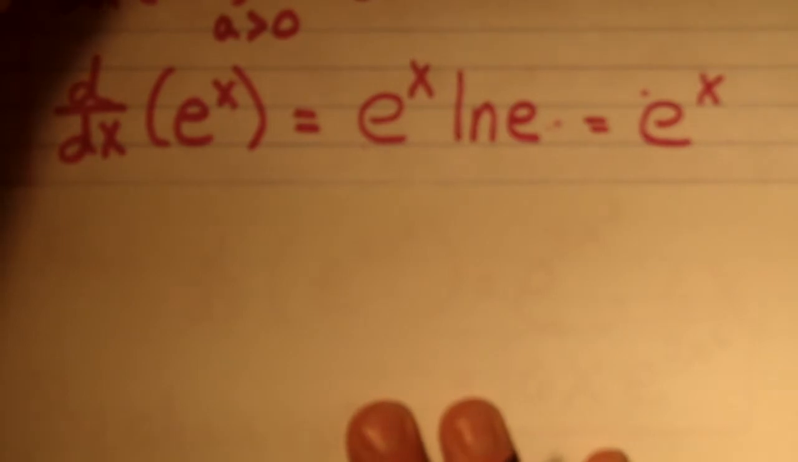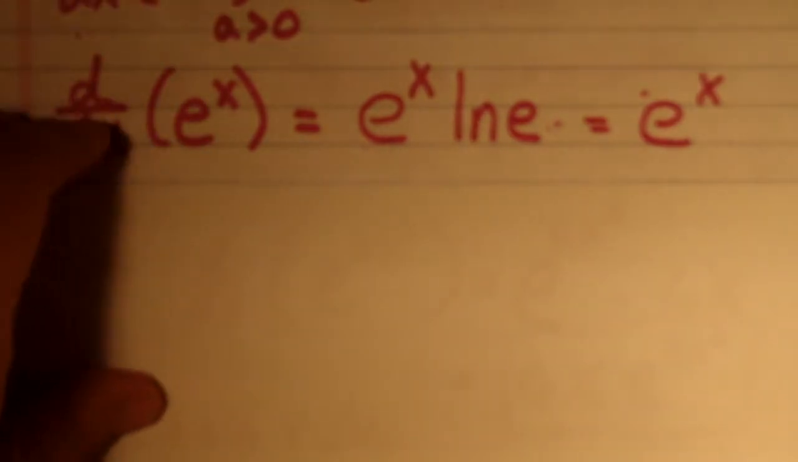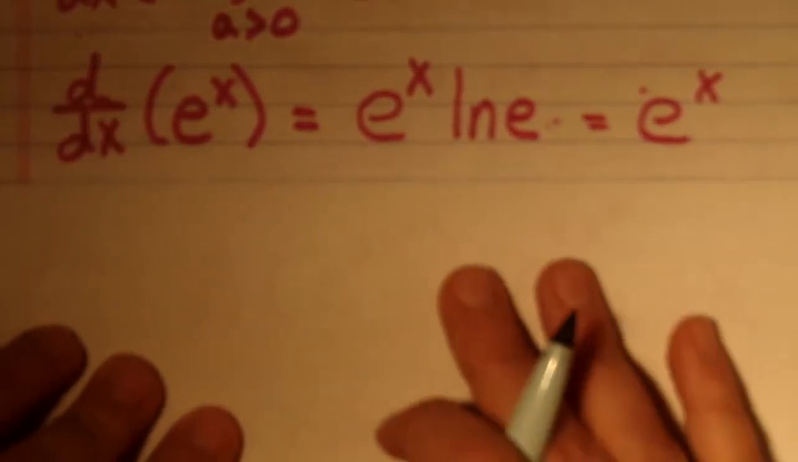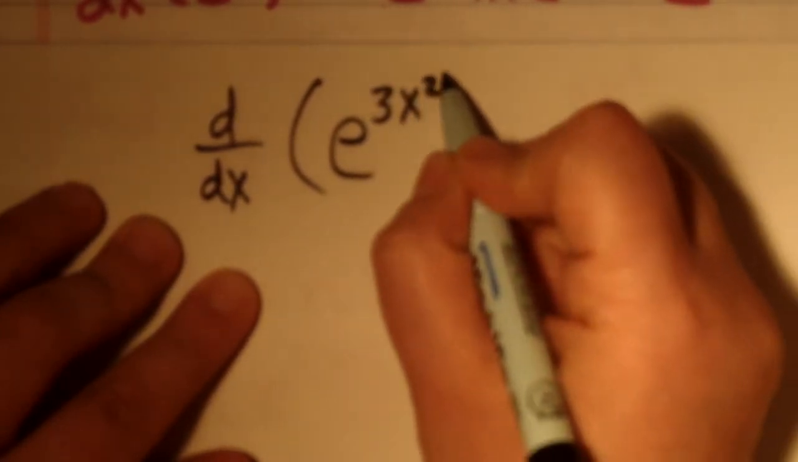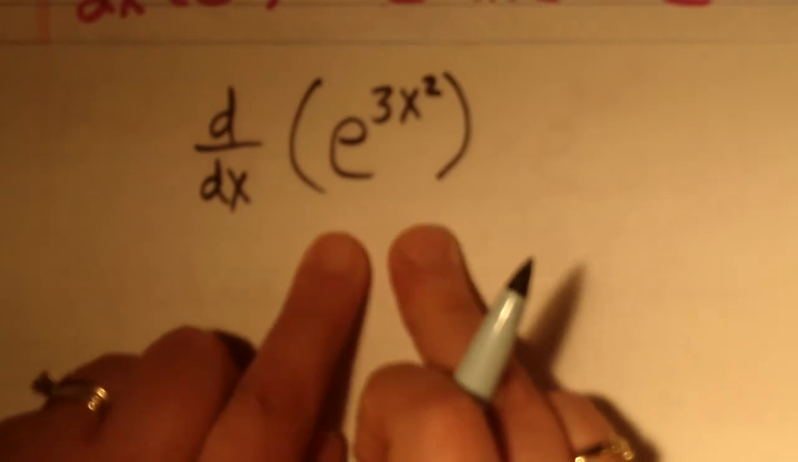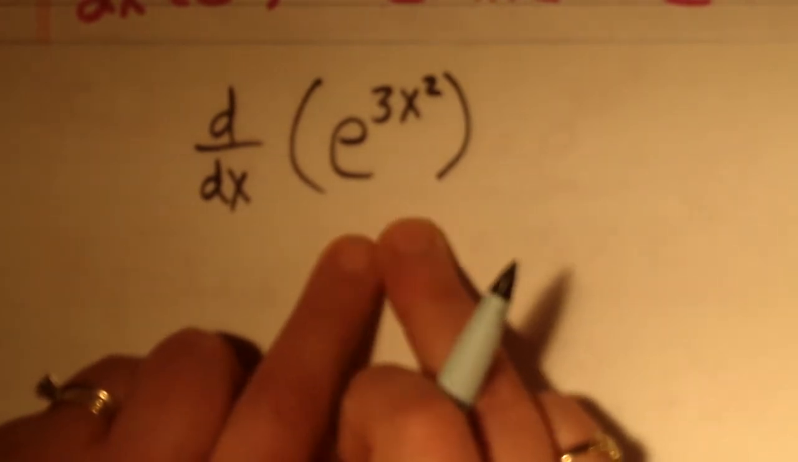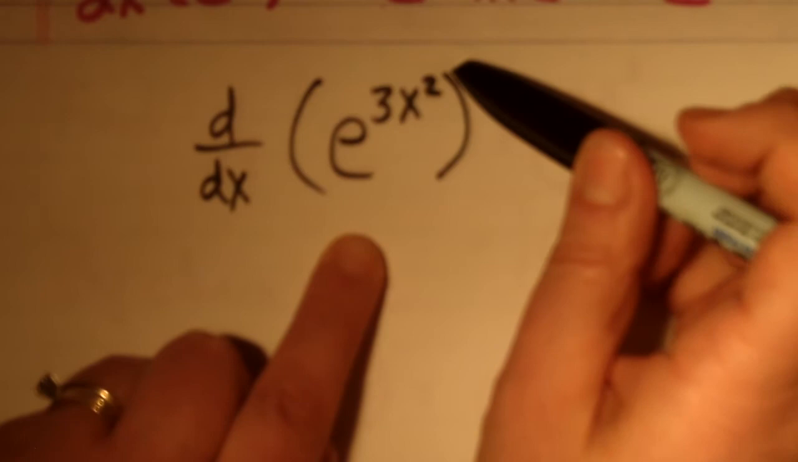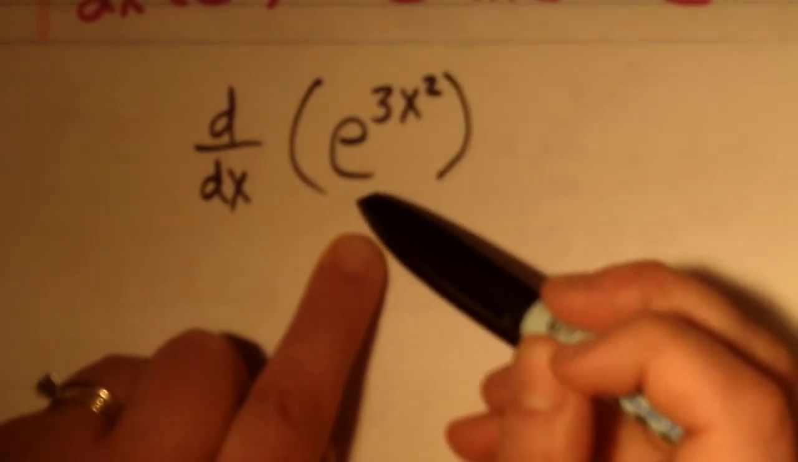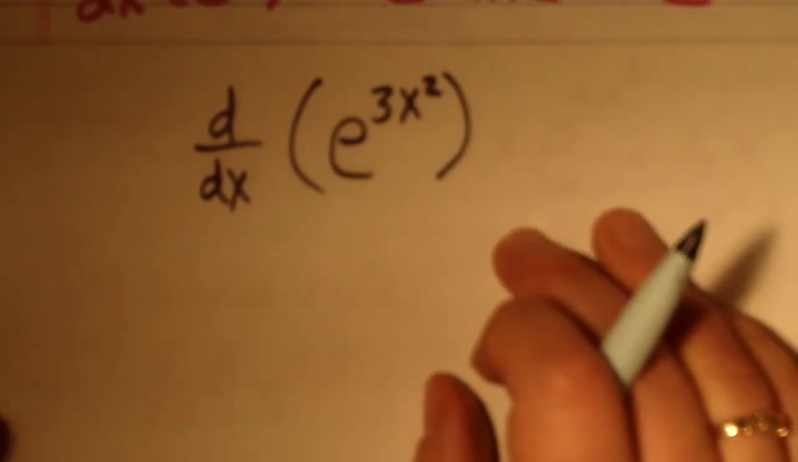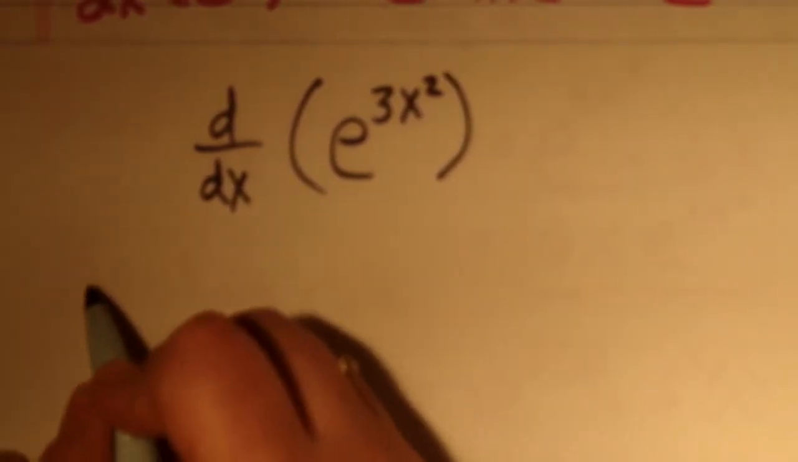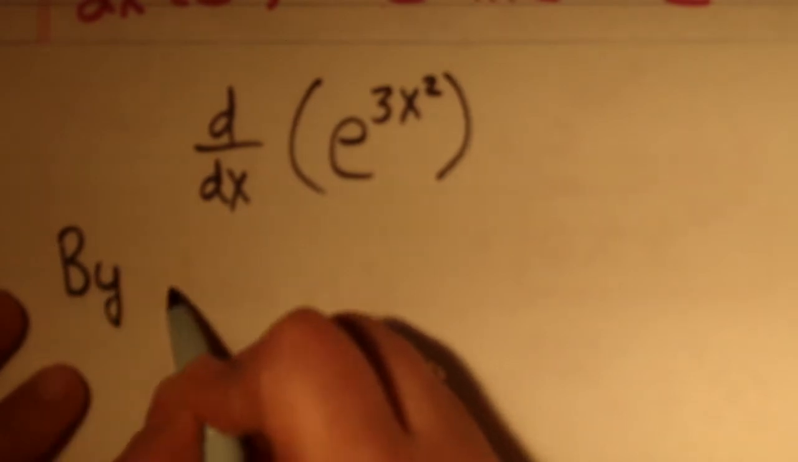Now, if we wanted to find the derivative of, say, something like e to the 3x squared. All right, so again, I've got a composition of two functions. So I took the function 3x squared and I put that into the function e to the x. So we have a composition of two functions. So we know according to the chain rule, right? So by chain rule,